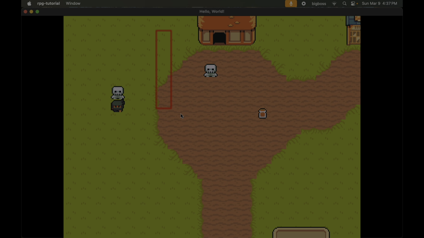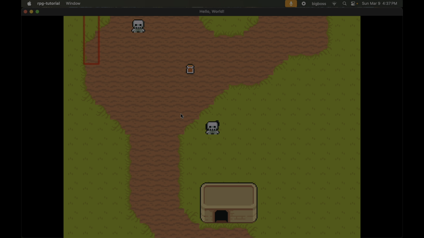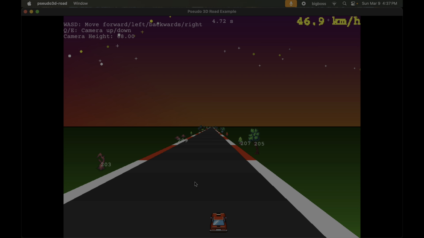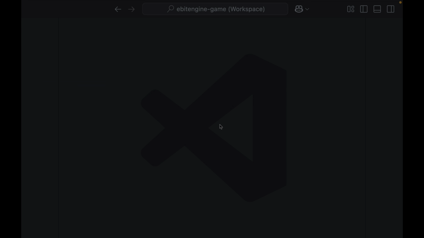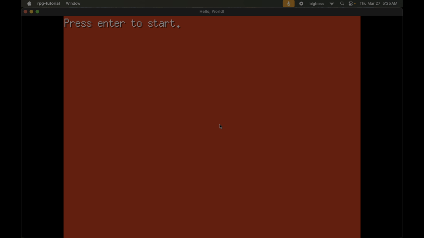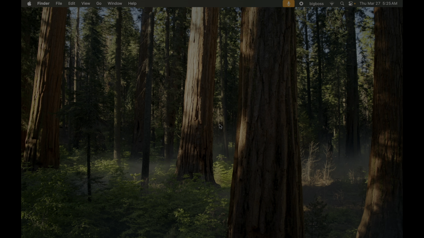This is part 3 in this YouTube series where I am working to convert this RPG game into this pseudo 3D racing game. In the last episode, I refactored the scene management package and simplified the game update method. The focus of this episode will be improving the pause screen by adding a translucent overlay over the current game screen. This not only makes the pause screen look nice, but also shows how you can pass things between scenes when desired. Currently, the game runs and there is an opening screen, the game screen, and then the pause screen